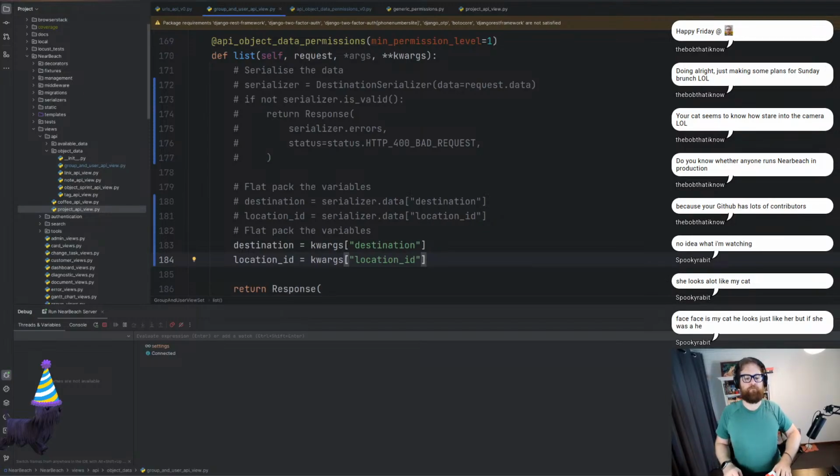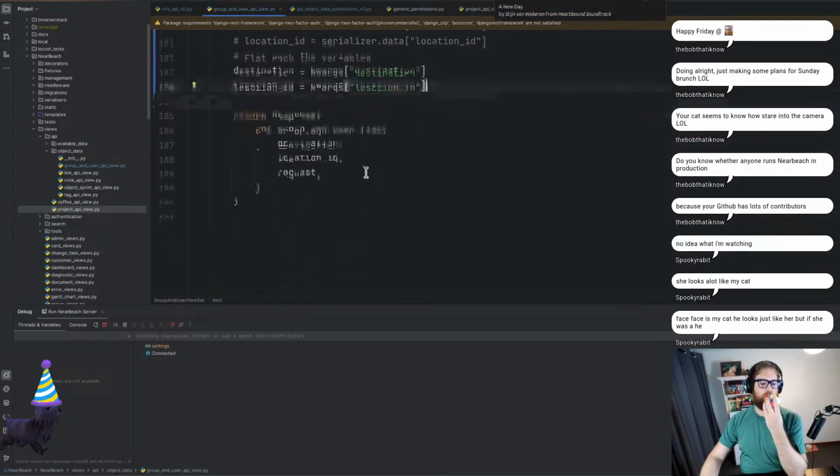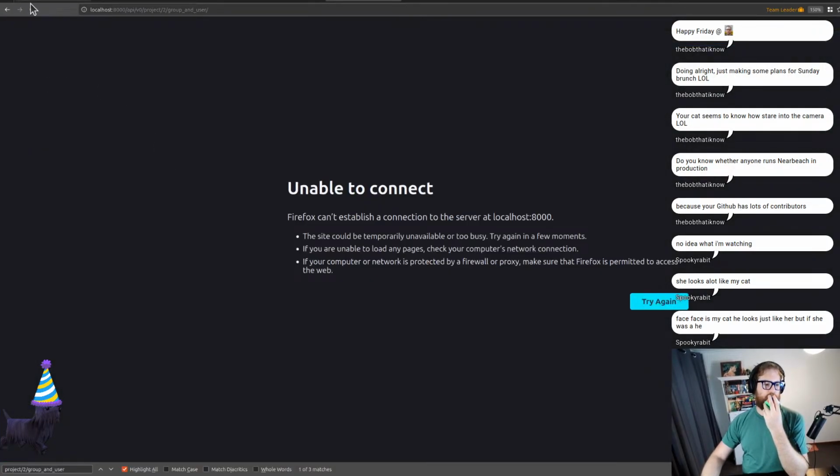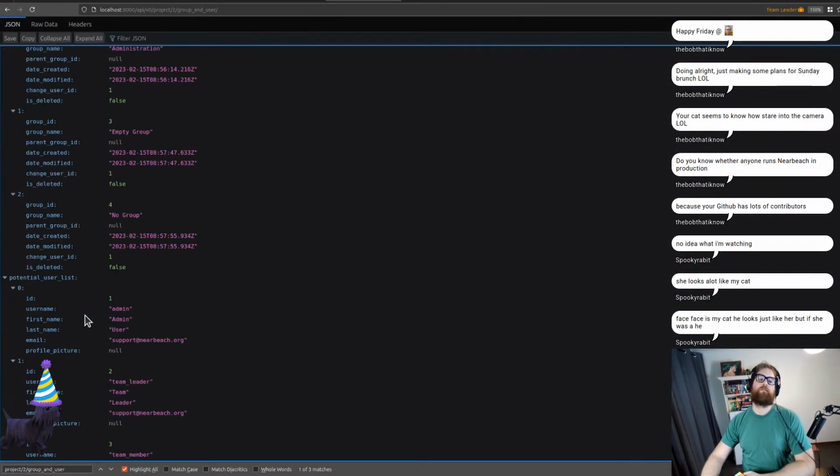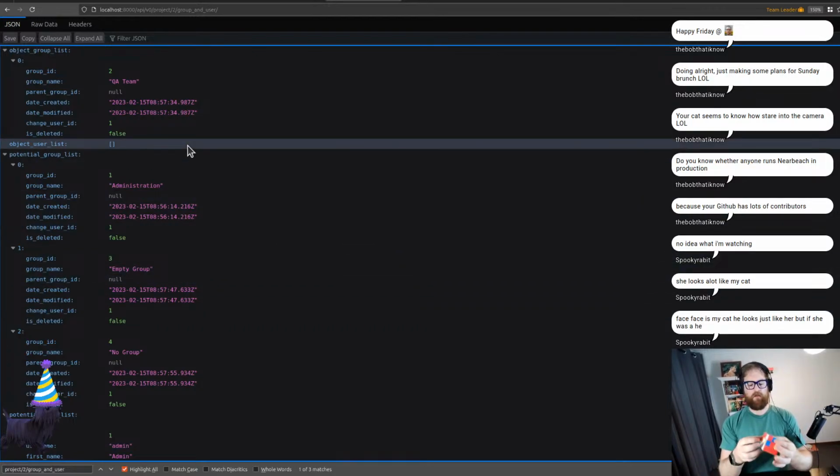I don't think I need to null check these. The reason being is the URL, the router itself should be essentially removing all of these. And then if I go back into here and I hit refresh, boom. All right, cool. So yeah, that's all we need to actually do. It looks like we can simplify the code,